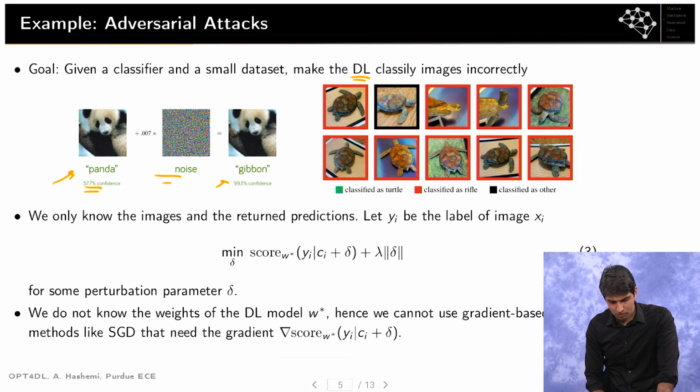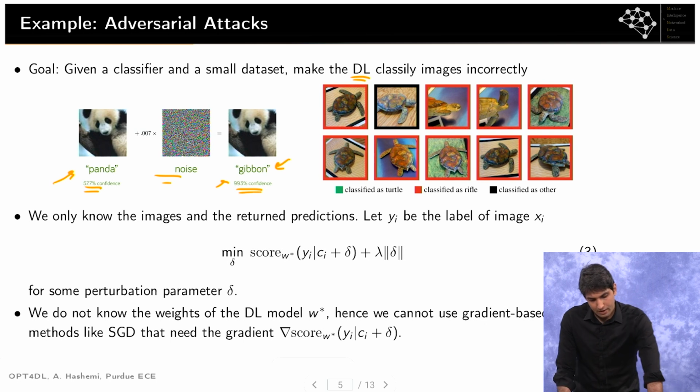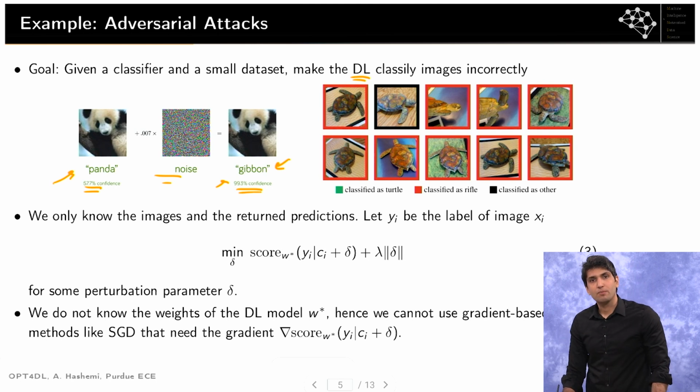But after adding the noise, it is classified incorrectly with very high confidence. So this is terrible. This is an example of a random perturbation where a model that is not trained well is going to perform very poorly. But you can also come up with this perturbation not in a random way, but in